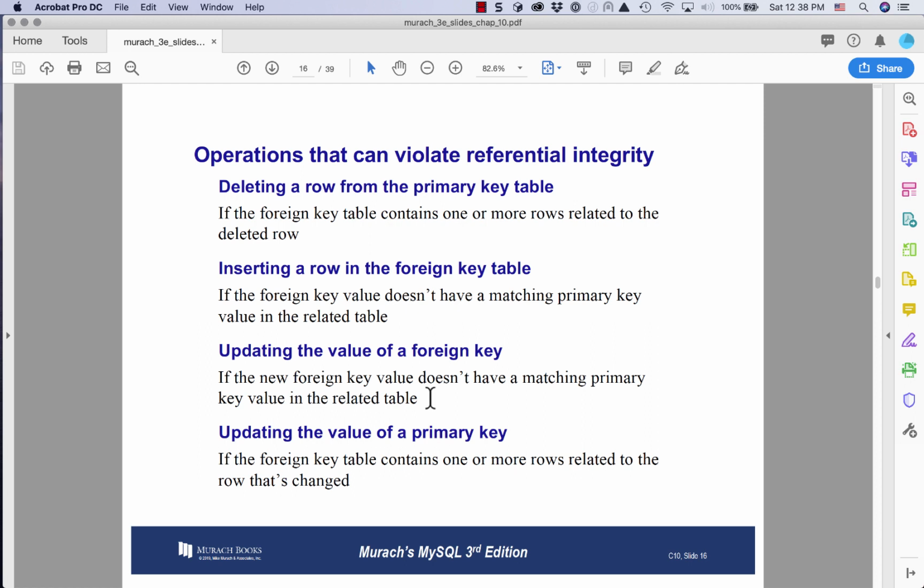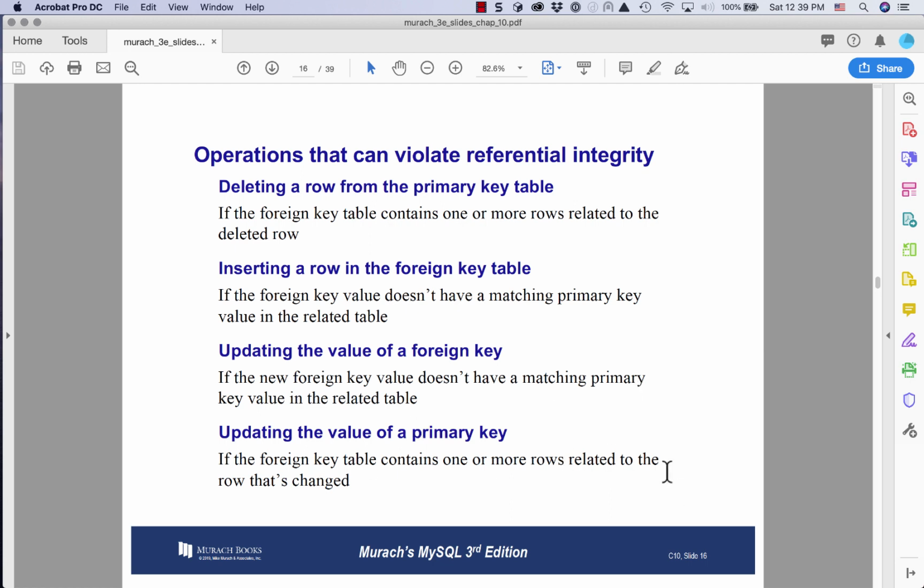But there is no course 321. Well, again, that would violate referential integrity, and we want the rules, the constraints for the database, to be set up such that that kind of update would be